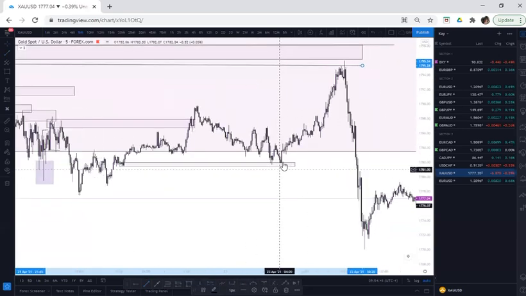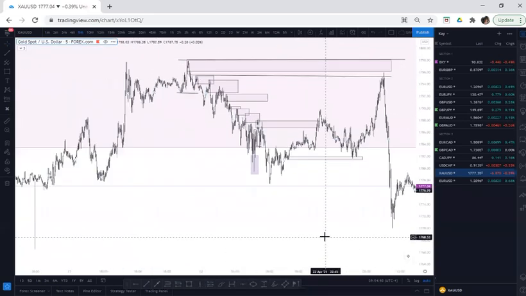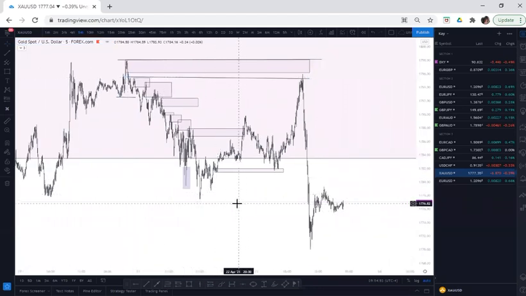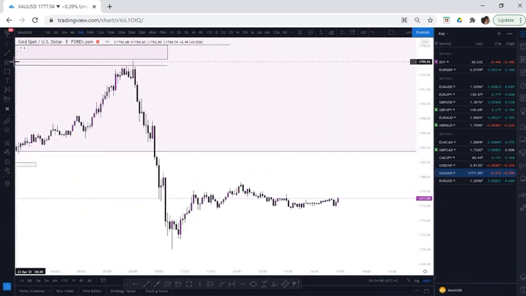And you see, we retraced, went back up because there was a break of structure on 5 minutes. We went up, but then this zone got tapped and it continued the sell-off. So it's still confirming that we are bearish. So always learn to follow your mitigation. And then on 5 minutes, we still have